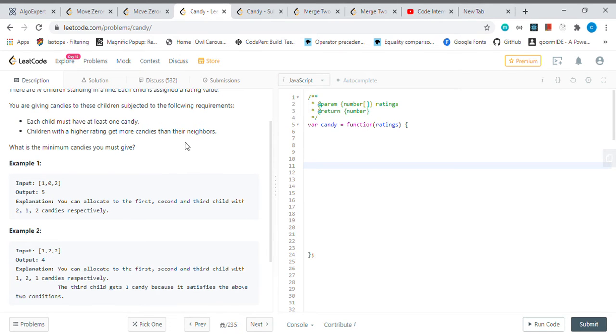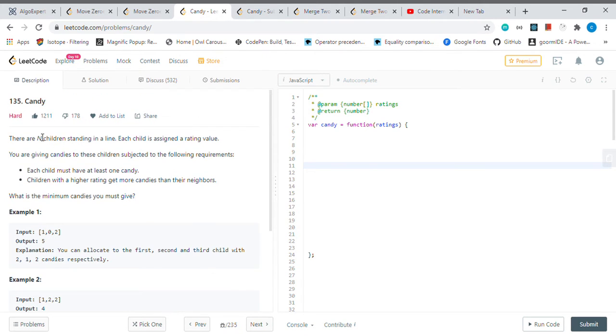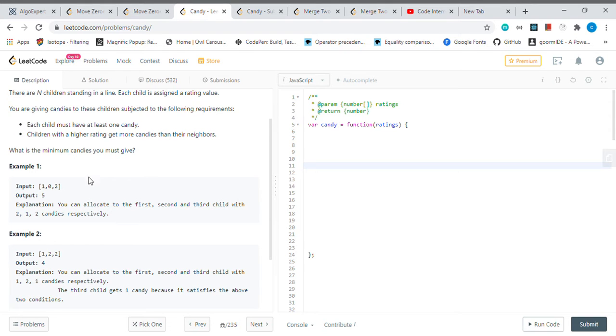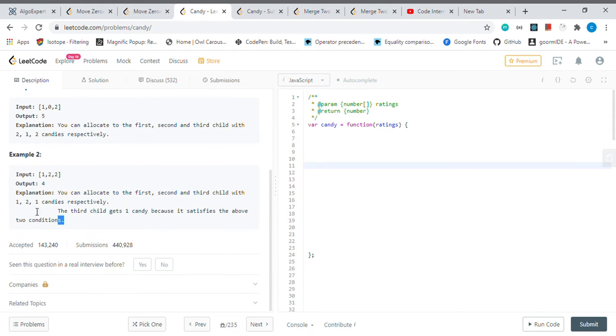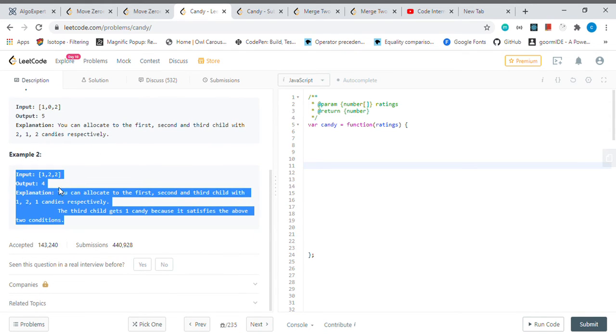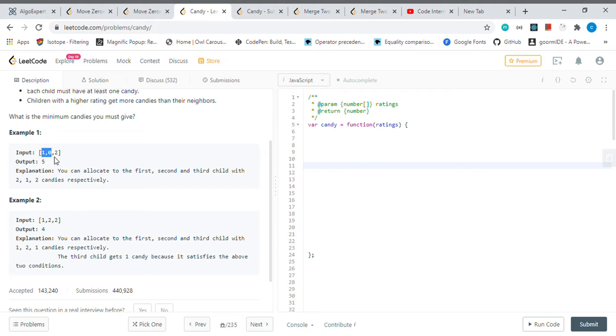Alright guys, so today's question is Candy. It is on hard level, and I think it's not that hard actually. I mean, easy to understand. The solution that I'm gonna show you today is super easy to understand, so it's gonna make sense. Basically what they're asking is, they're giving us this array, and then we need to